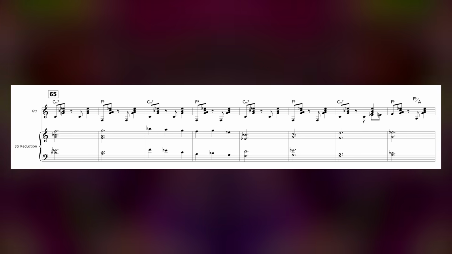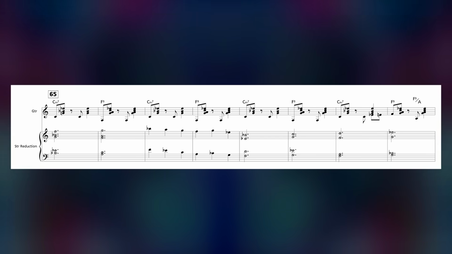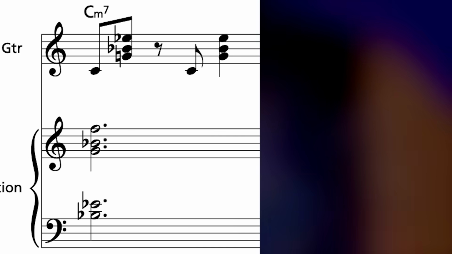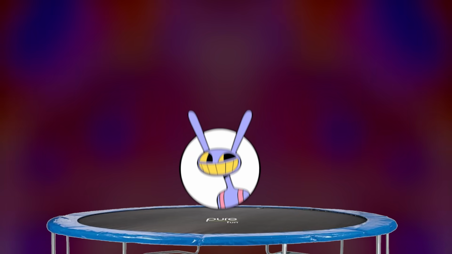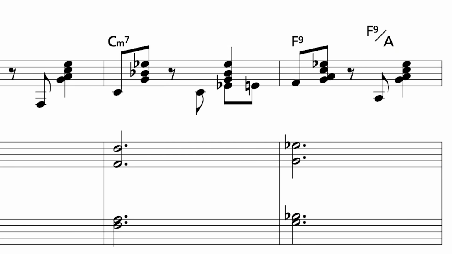Measures 65 to 72 hint at a return to the initial tonal center of B flat major. You could think of the C minor 7 as the 2 chord, and the F9 as the 5, and they just never resolve to the 1 chord of B flat major 9 like we expected. But because there's no real sense of resolution as we bounce back and forth between the 2 chords, that naturally creates tension. In measure 72, the guitar plays F9 over A in order to set up something completely different, G